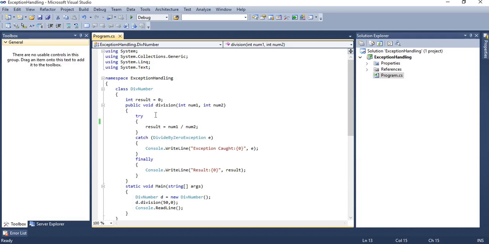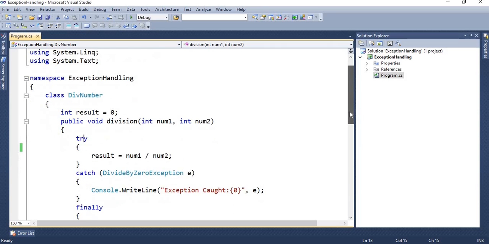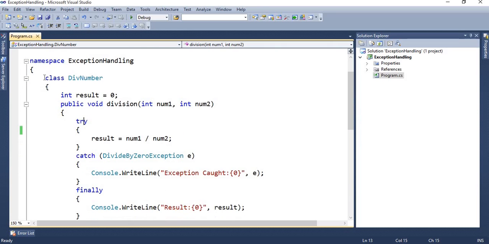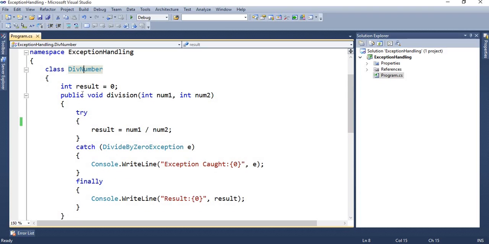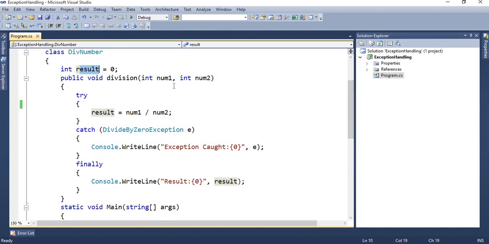Now here we are implementing the exception handling concept with the example of divide by 0. Let's see it. I have created a class, and the class name is DivNumber, in which I specify a variable result equal to 0 and a function Division, in which I am accepting two numbers, number1 and number2.